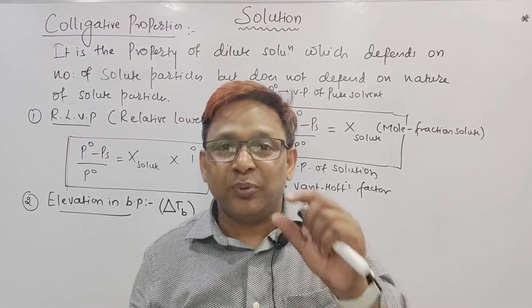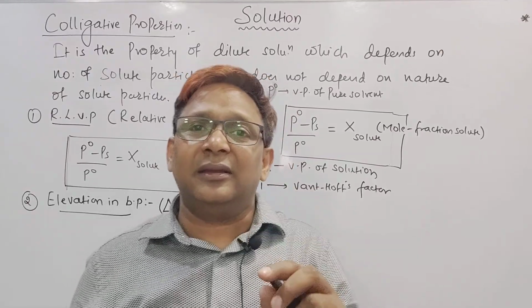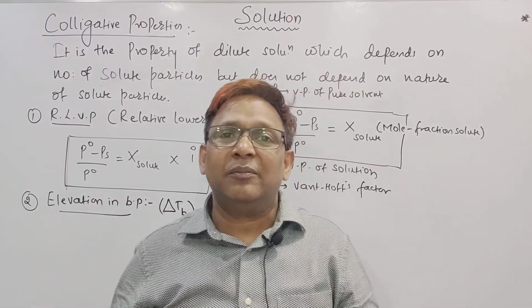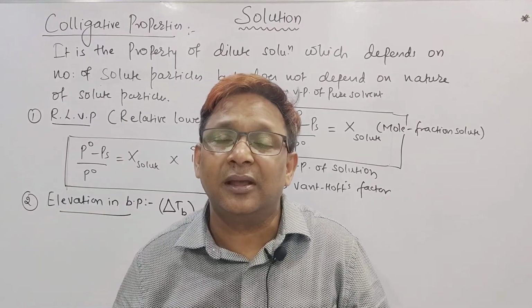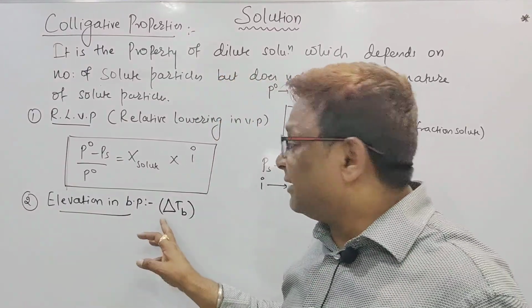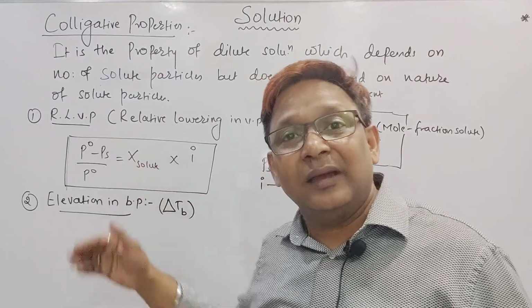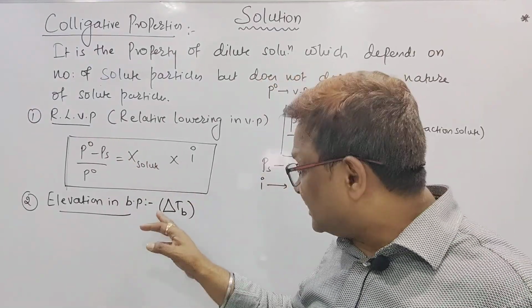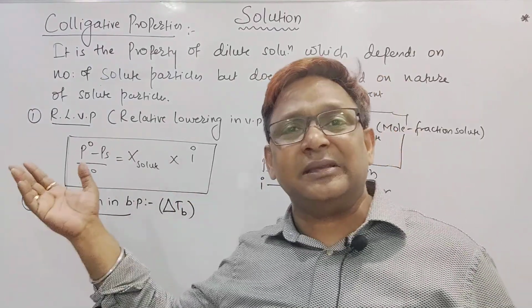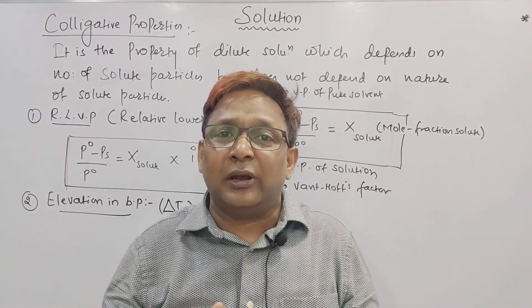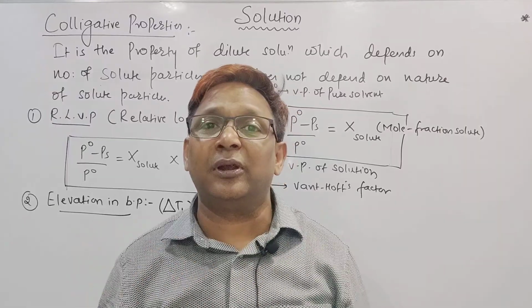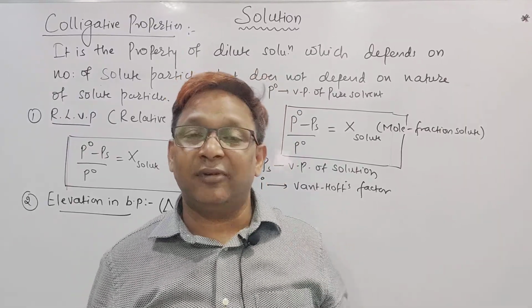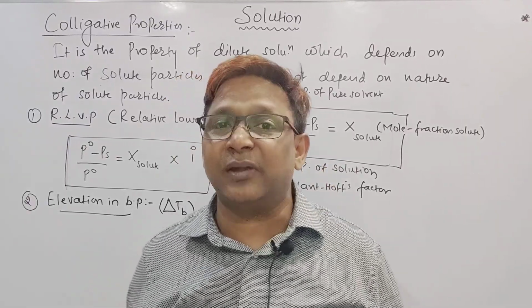Now pure water's boiling point is 100 degrees, then by adding salt to it, is the boiling point of that water greater than 100 or less than 100? Obviously, sir, elevation means increasing. As the number of particles increases, this colligative property also increases. Pure water whose boiling point was initially 100 degrees, by adding salt, now its boiling point reaches 101. 101 means it has increased by 1 degree.